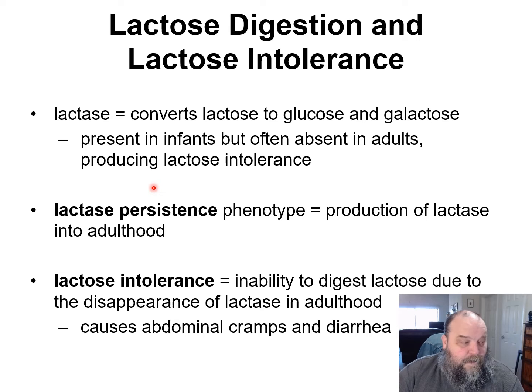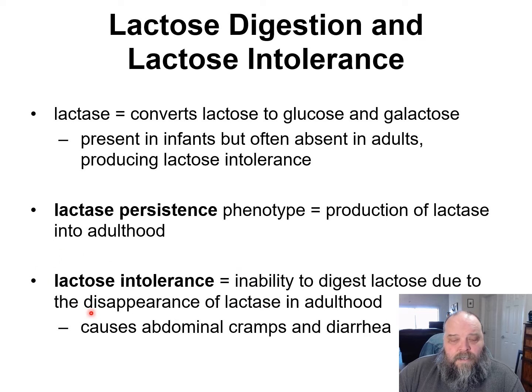Lactase is a funny one. As infants, we humans make the enzyme lactase early on because it turns out lactose is one of the primary sugars of mammalian breast milk. I don't know why I said mammalian breast milk, because no animals other than mammals make milk. Anyways, we find this in mammalian milk, so we have to have an enzyme, lactase, to be able to break it down. One of the things, though, is